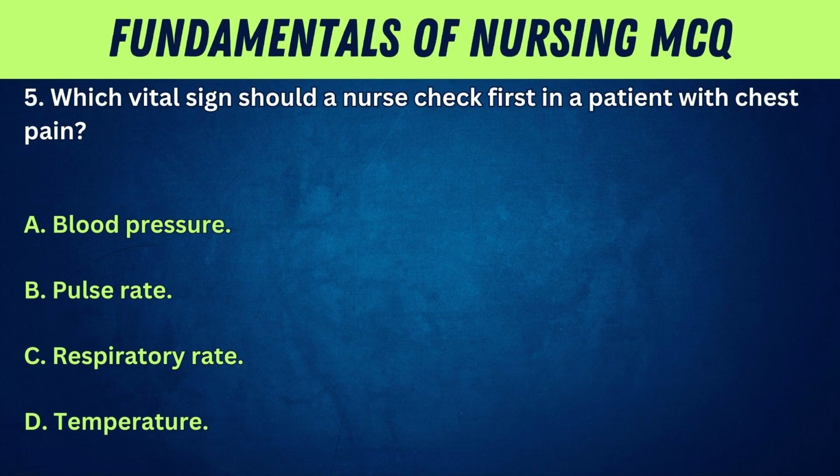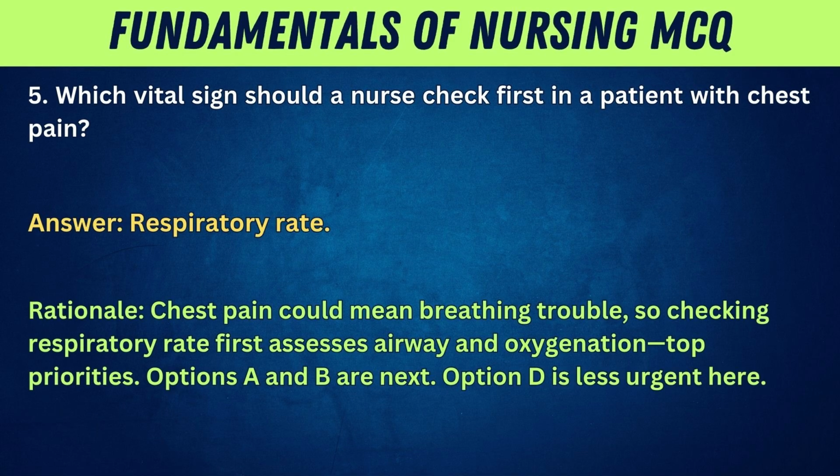5. Which vital sign should a nurse check first in a patient with chest pain? A. Blood pressure. B. Pulse rate. C. Respiratory rate. D. Temperature. Answer. Respiratory rate. Rationale. Chest pain could mean breathing trouble, so checking respiratory rate first assesses airway and oxygenation, top